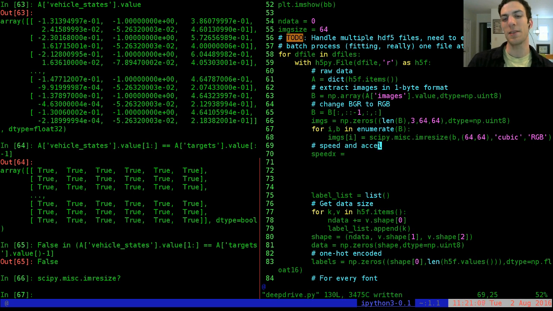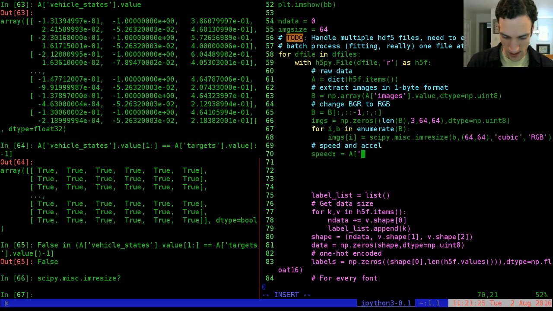If it's speed and acceleration, alright, that's fine, speed X. This is A of vehicle states dot value,